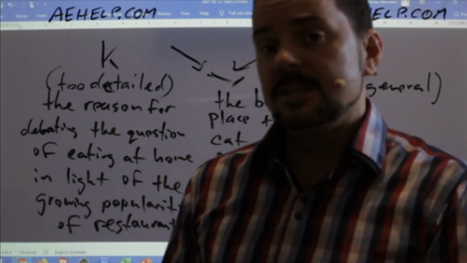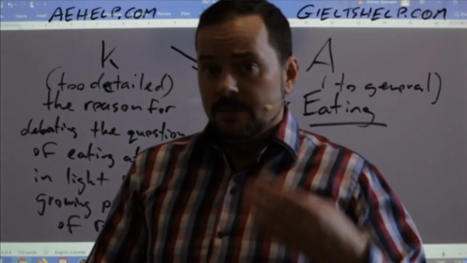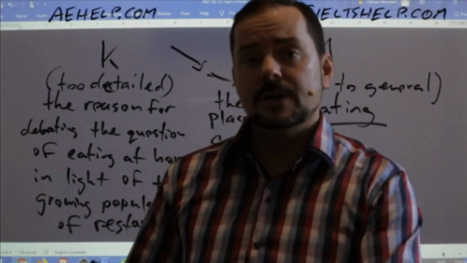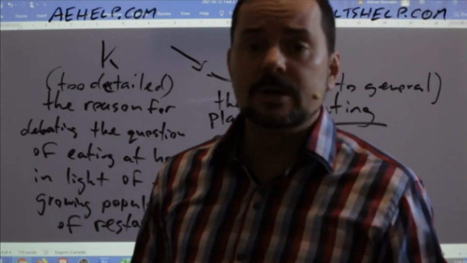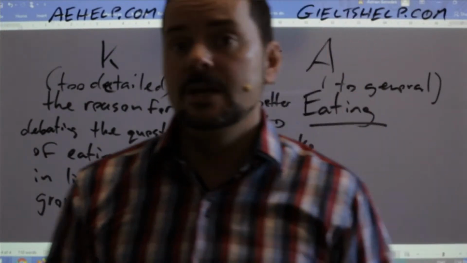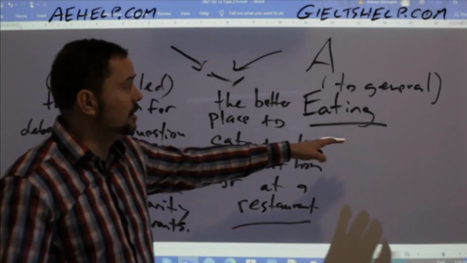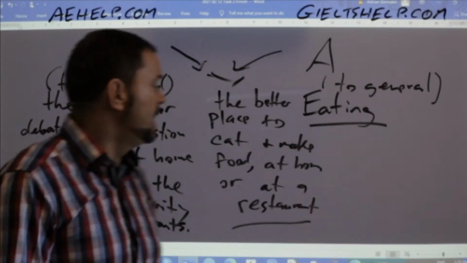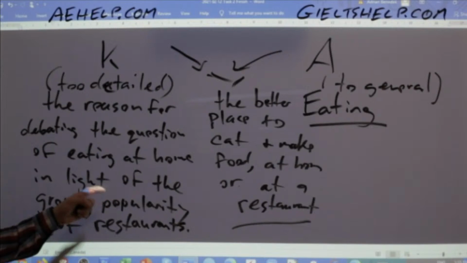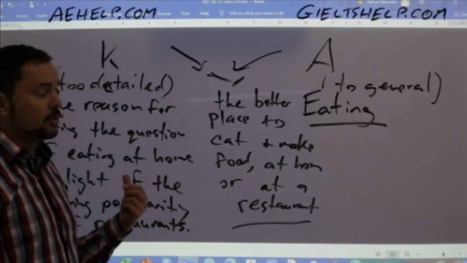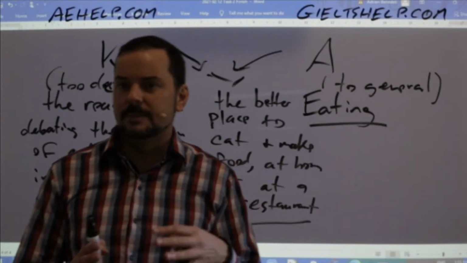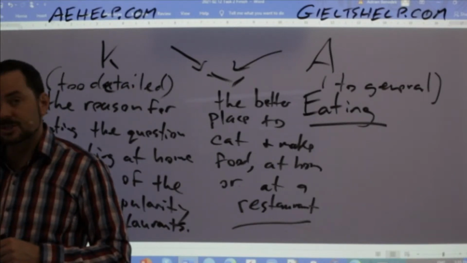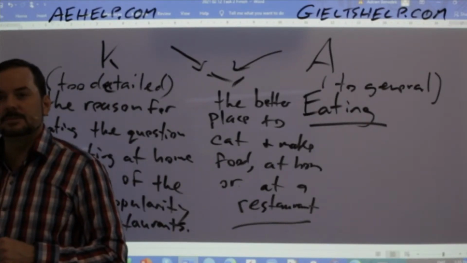If you give your essay to 3-4 people, then hopefully you have a few friends out there that'll take a few minutes to read it over, and then they can say, well, I think that you're talking about whether or not it's better to eat at home or in restaurants. Then you know that you've written a good essay, okay? But if the person says, well, I think you're talking about people's eating habits, it's too general. Then you can be like, it's actually more specific than that. And if they're talking about, well, there's a growing popularity of restaurants and people aren't eating at home anymore, so that's why, then you're like, that's not really what I'm talking about, okay? So is that clear? I mean, I don't want to go off on a tangent here, but is that clear for everyone what I'm saying with this?